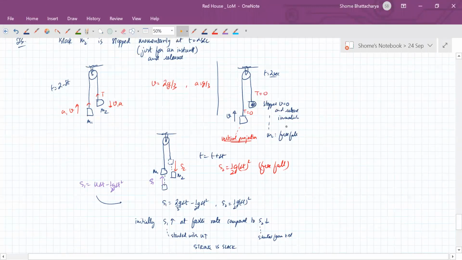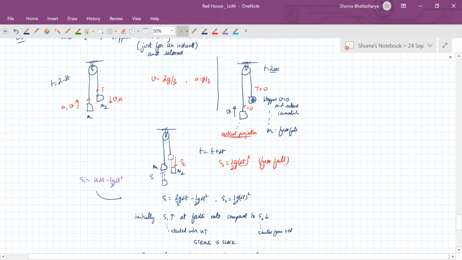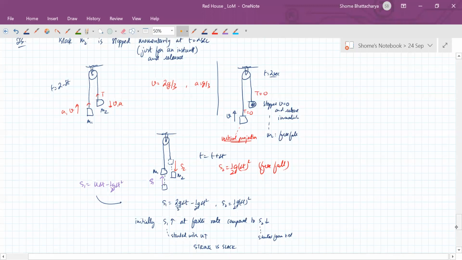Then from 2 seconds onwards, this goes into free fall starting from rest, and this has a vertically decelerated motion and then comes down, something like this. So when will the string tighten? When S1 equals S2, so that the total thread length becomes equal to the actual length of the thread. I mean, the total length of the thread stretched out between block to block is the actual length of the thread. So the thread is not slack at all, it's tight. Okay, so you understand this. Make sure you're clear with what's happening in this question. Okay.